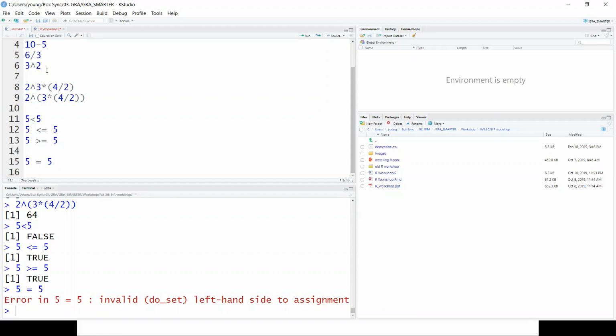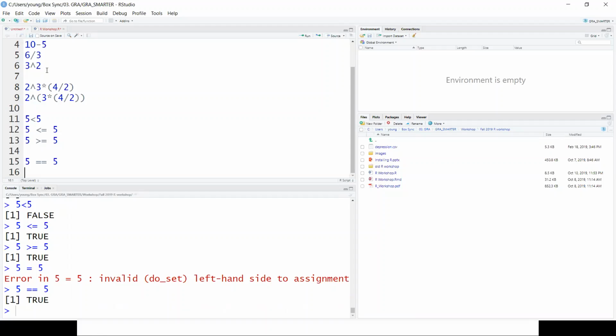Yeah, that's right. So that's why we put a double equal sign here. This is equal, so it can be true. Okay, and then what if we want to see if this is not equal to something?